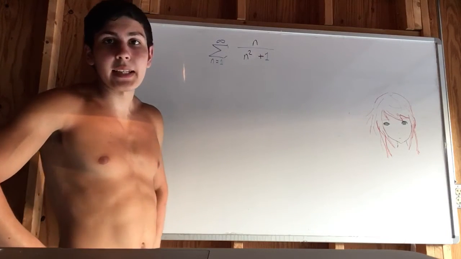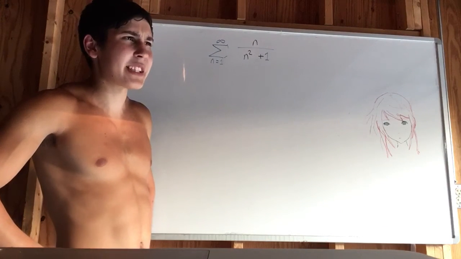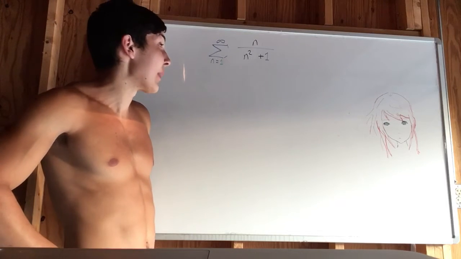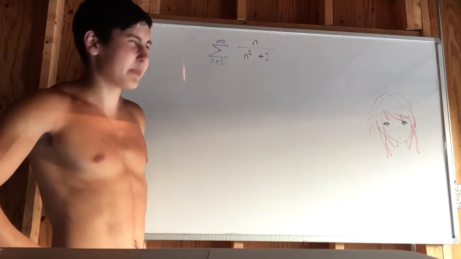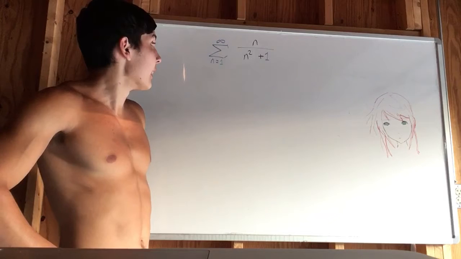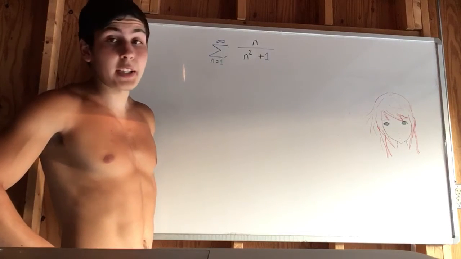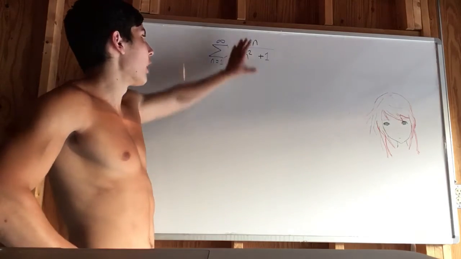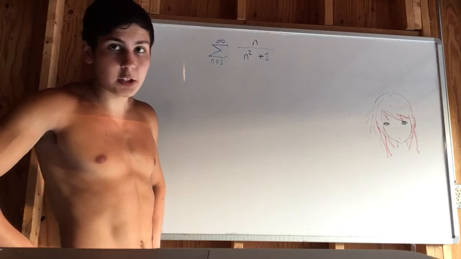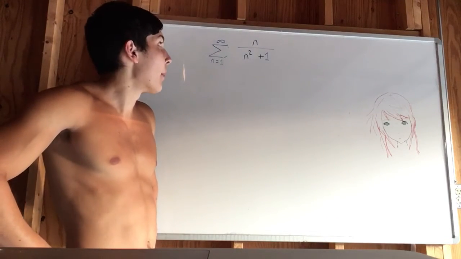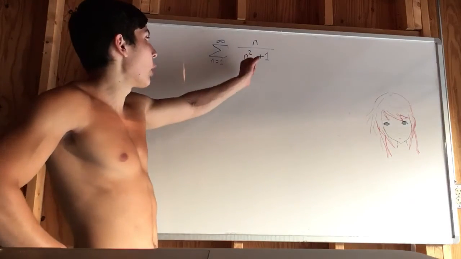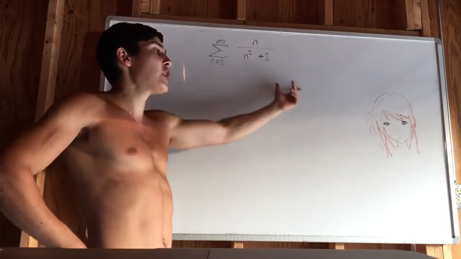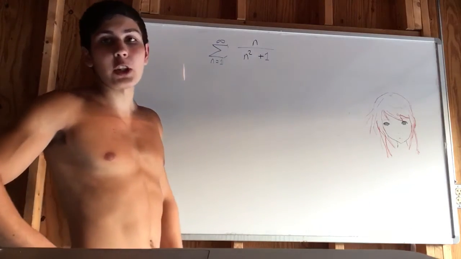One criterion is that it's monotonic decreasing. That means that it's always decreasing. The sequence, that is. The sequence is always decreasing. The series itself, because it consists of addition of terms that are always positive, is going to increase. But the sequence, n over n squared plus 1, with each passing term, each term is going to be smaller